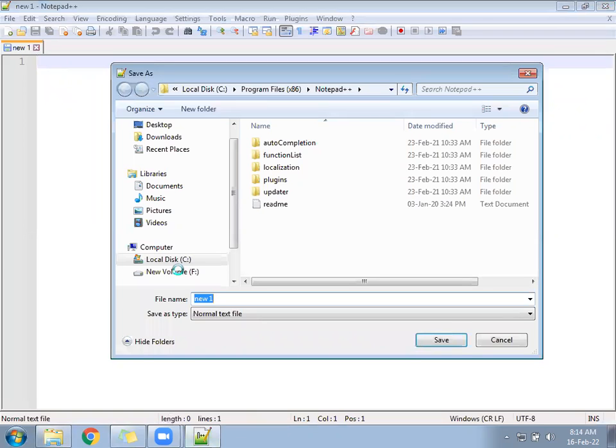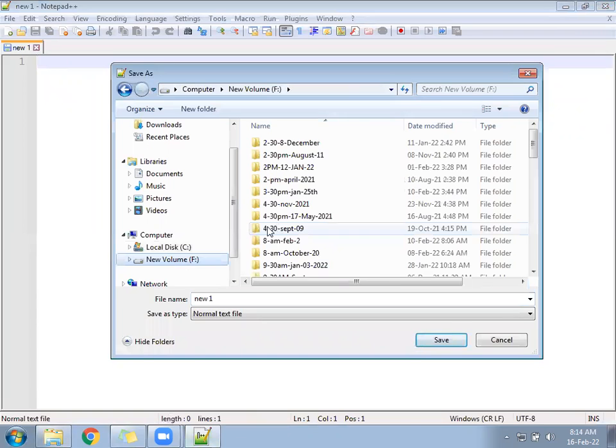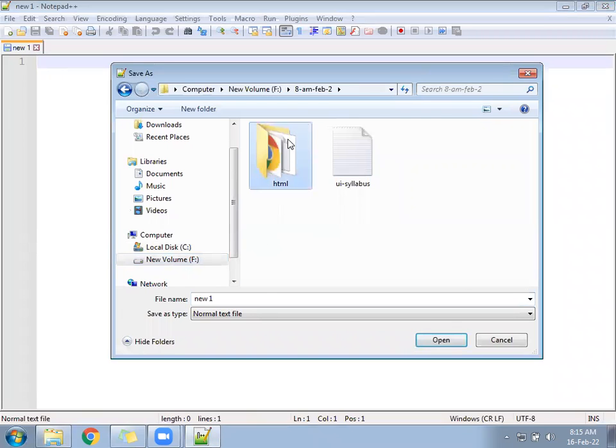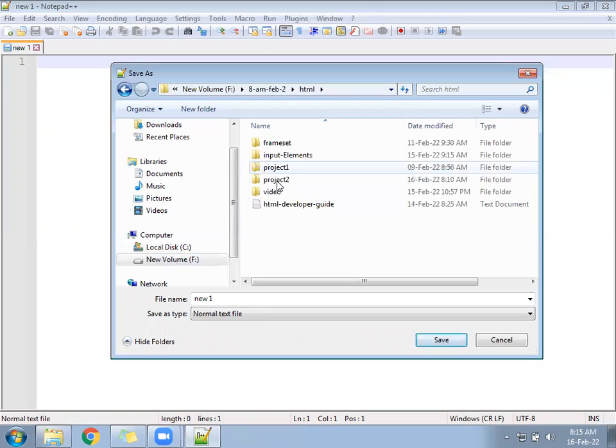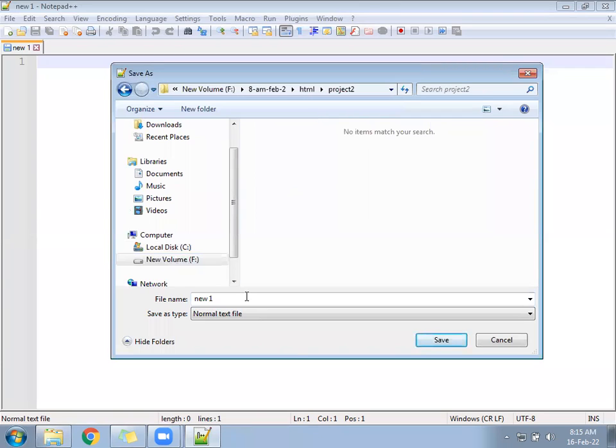Under the project 2 folder, you will create the files now. Under the project 2 folder, one file,